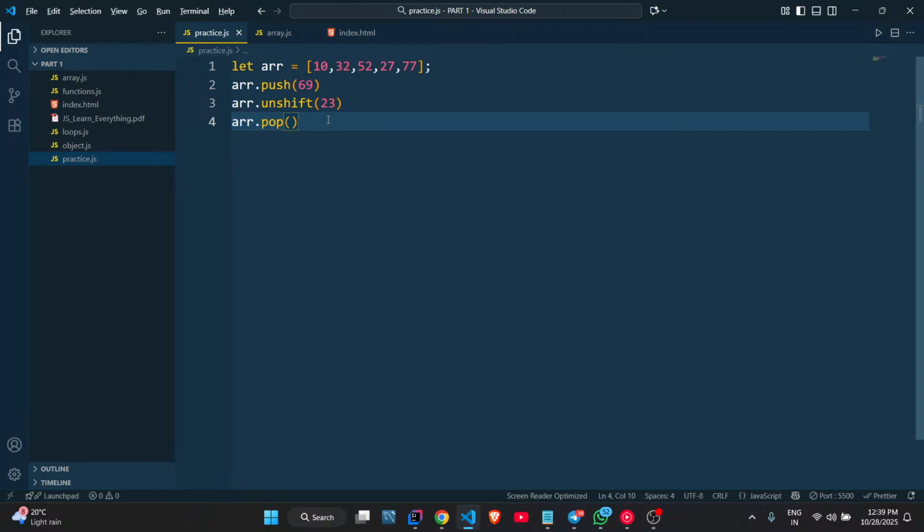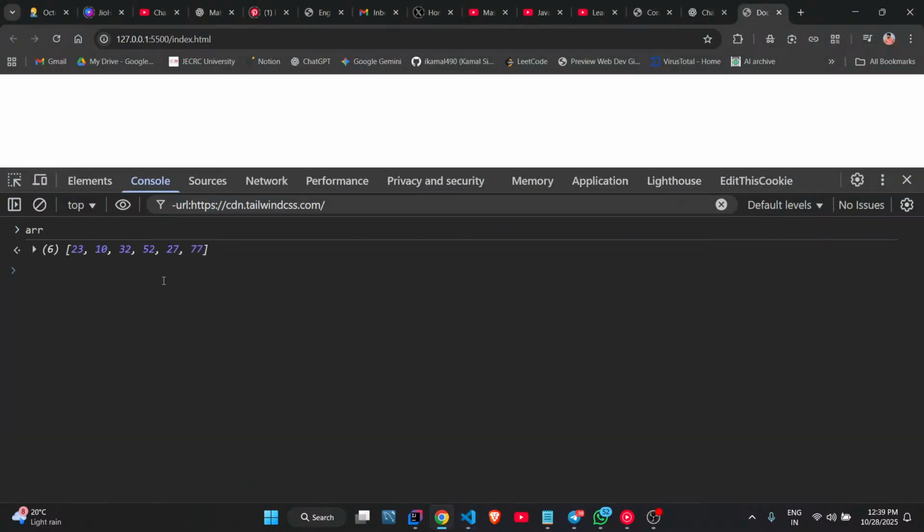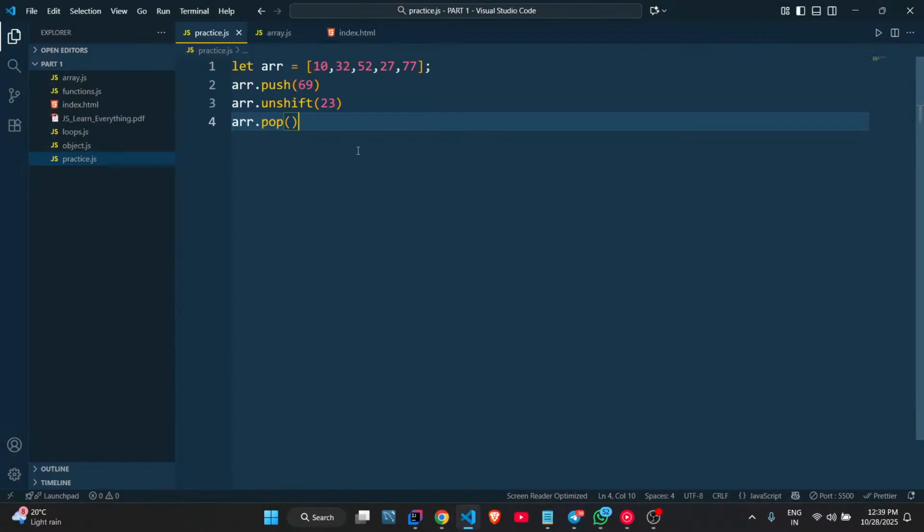If we use a pop operator, then 69 will be removed from our array. Okay, so that is our third method. And the fourth method is the shift operator. And push,